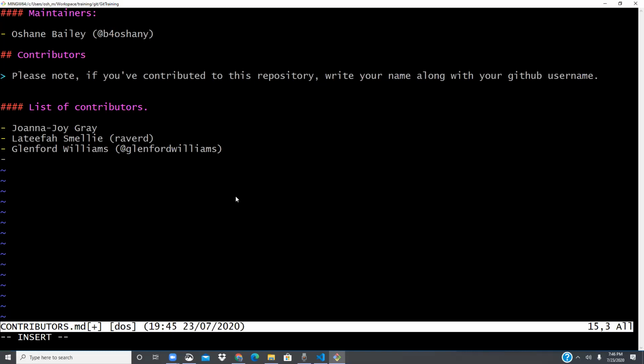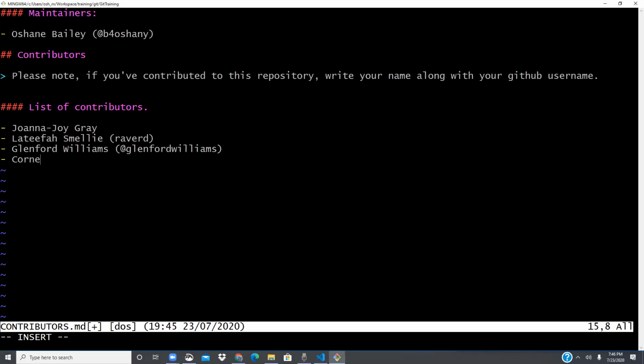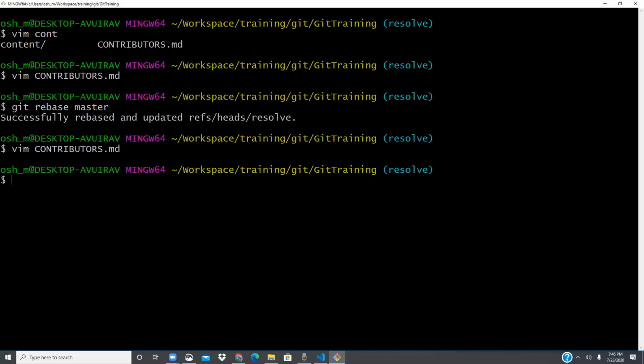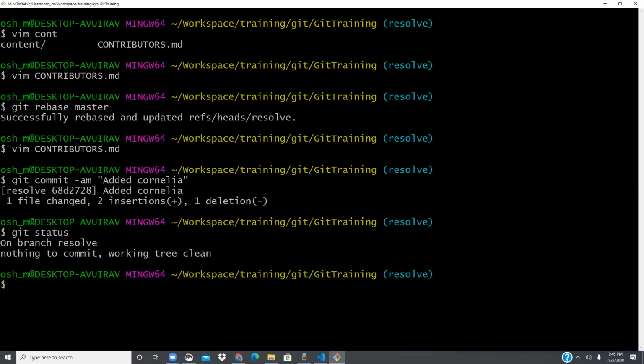So I'm going to add another person's name called Cornelia Cameron. Git commit -am "added Cornelia". Git status. Now I'm going to do git push origin, added another